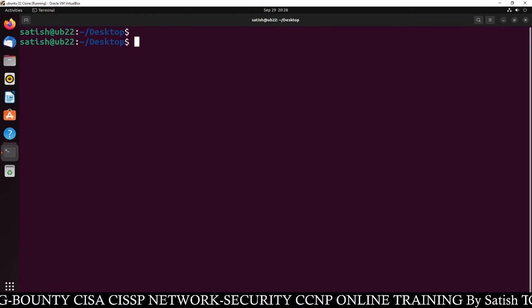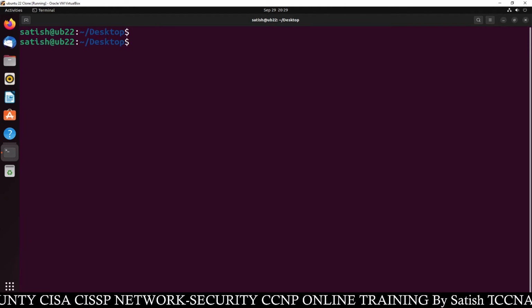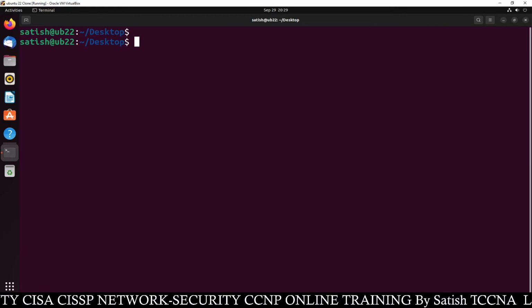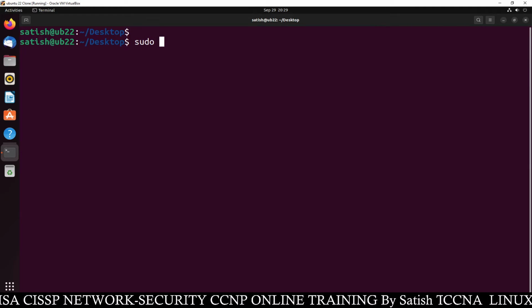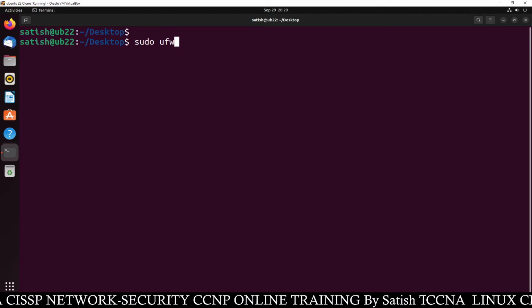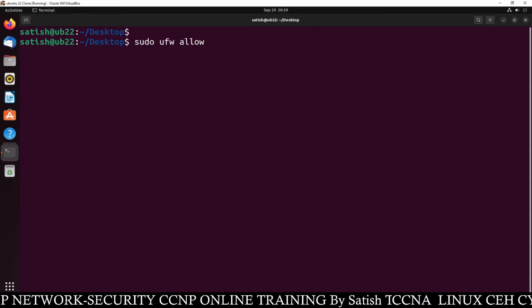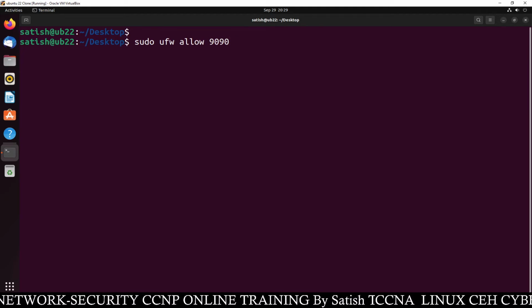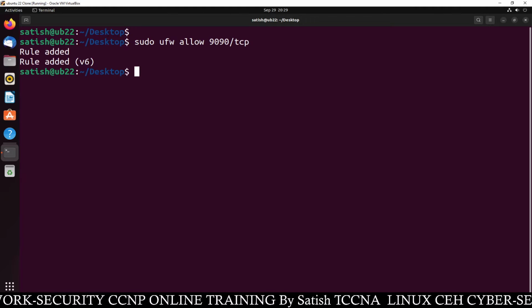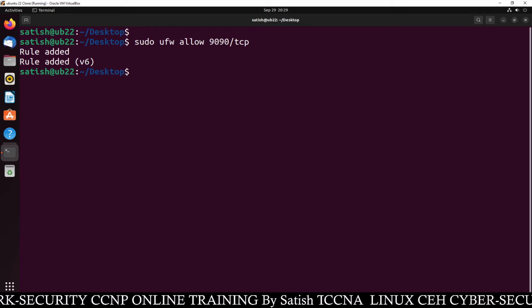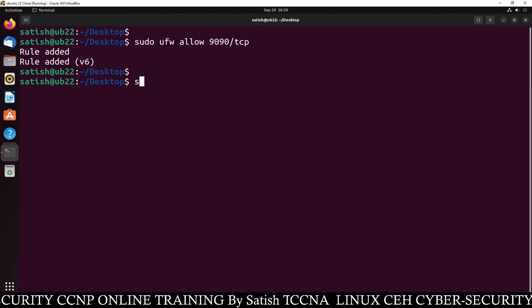it. But before that, I will suggest you to allow the port in the firewall. So if you have the firewall enabled, I am going to allow the port. So sudo ufw allow, and the port number for this is 9090, and this is TCP port, 9090/tcp. So I have allowed this tool in the firewall. Now you can check the status, sudo